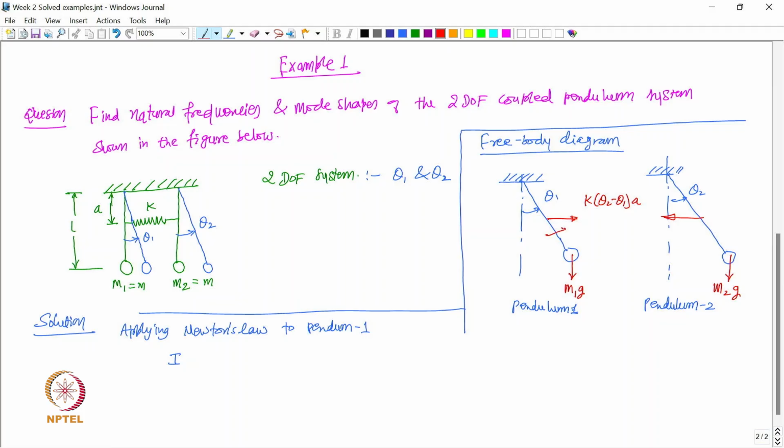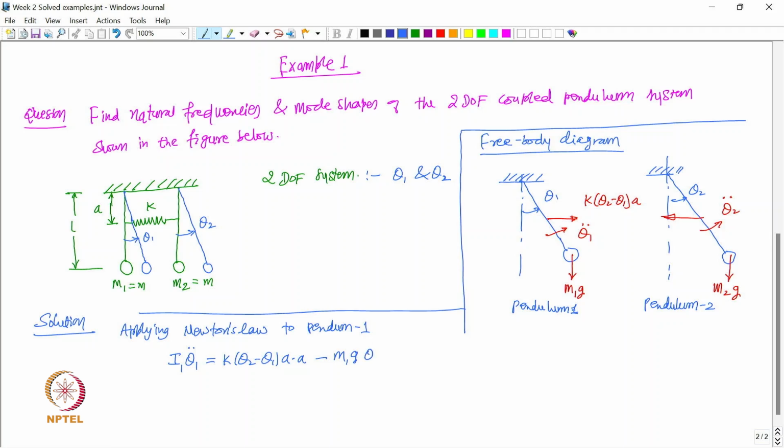and let me also mark here, let us say theta 1 double dot is the angular acceleration of this pendulum, and theta 2 double dot is the angular acceleration of this pendulum, then now we can write down I theta 1. So maybe we can write I1 because we have taken mass m1. So I1 theta 1 double dot is equal to, then we have the k, right. So k theta 2 minus theta 1 into a, right, into a, because now we have to take the moment, correct, and then minus